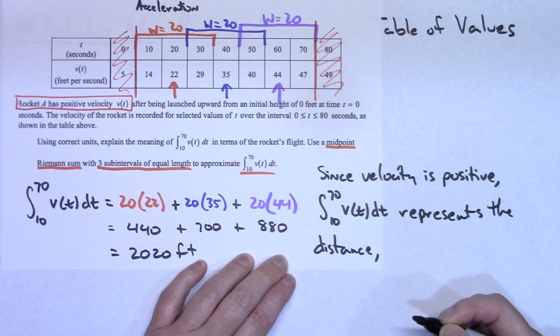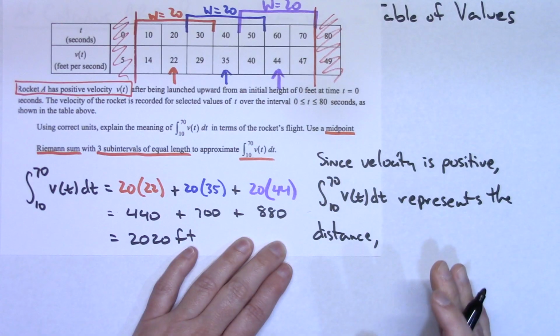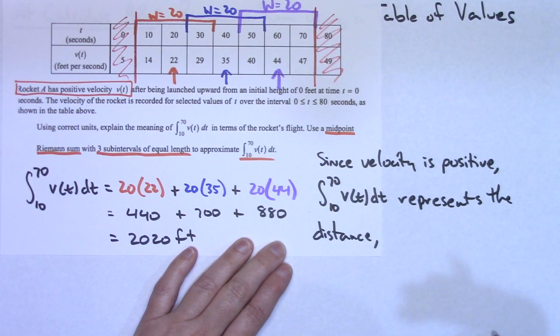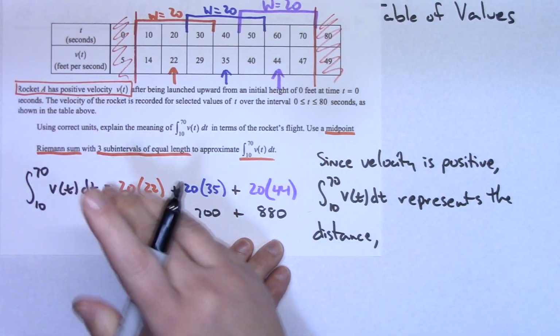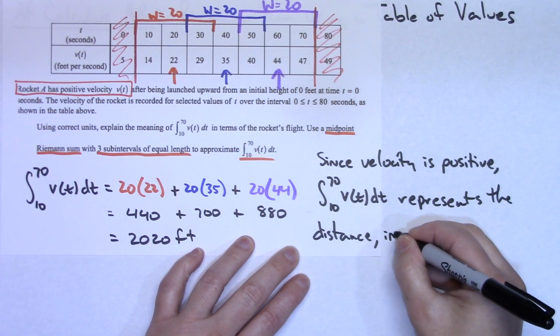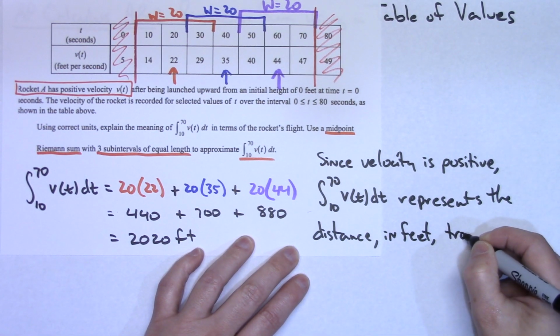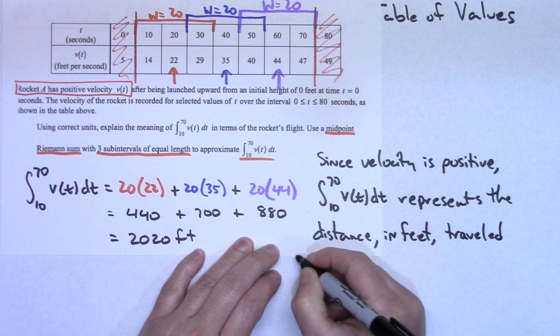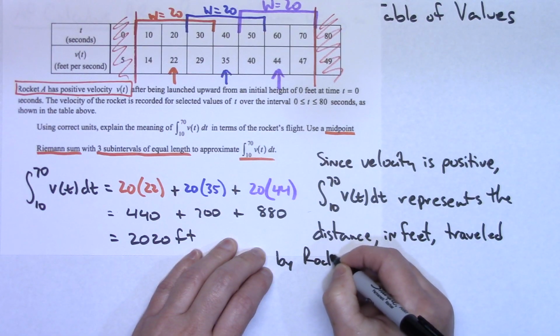Now on the AP test, they're going to definitely want the units indicated. So it's representing the distance in feet, because this was feet per second for my velocity, so that means my position function would be measured in feet. So in feet traveled by rocket A